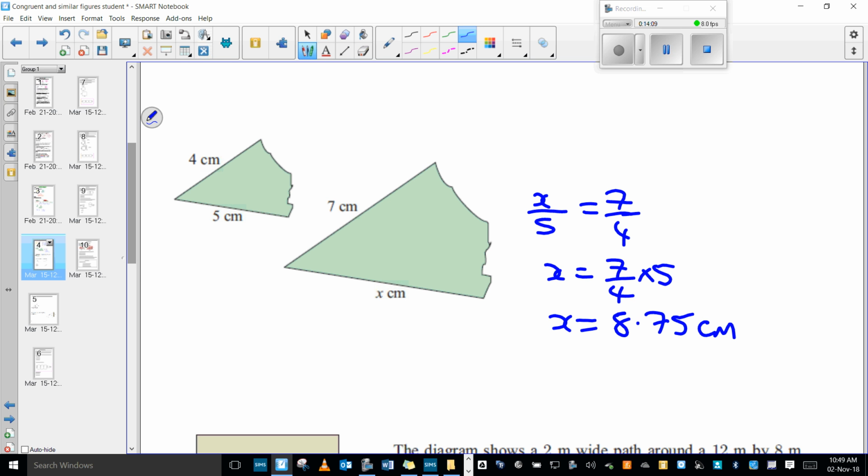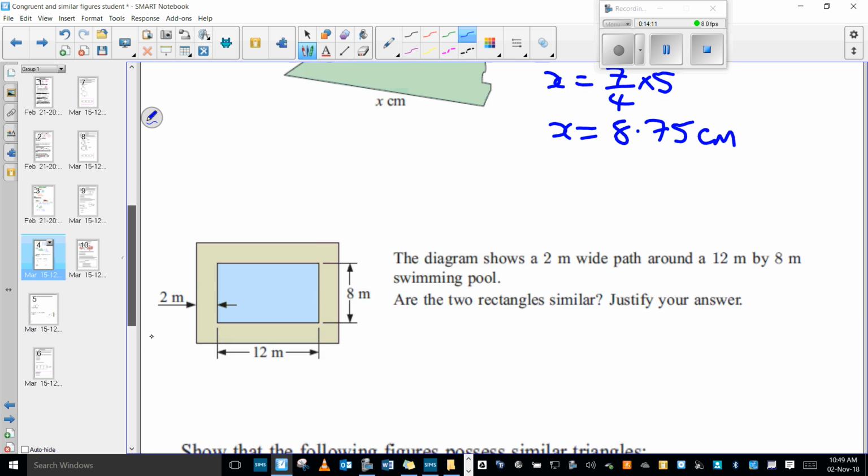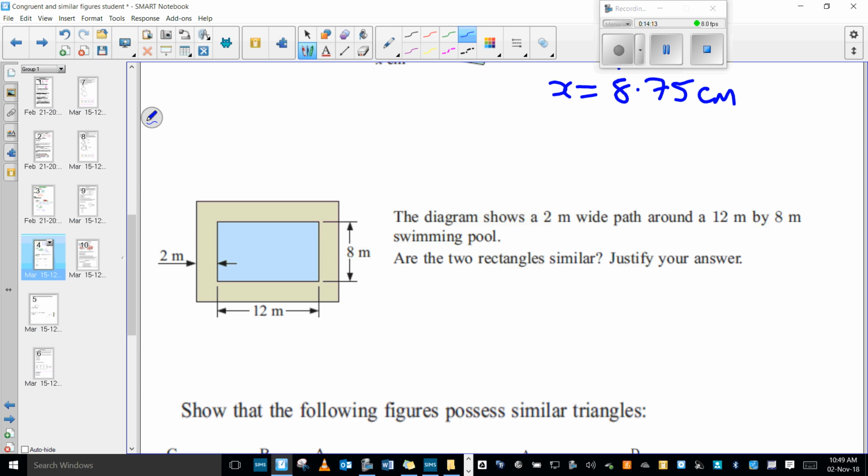Yeah. Okay, the diagram shows a 2 meter wide path around a 12 by 8 swimming pool. Are the two rectangles similar? Justify your answer. So this is more like the kind of question, Jamie, that would come up, making you actually think about stuff. What would make something similar? So if we know that this is 12 and this is 8 and this is a 2 meter wide path,